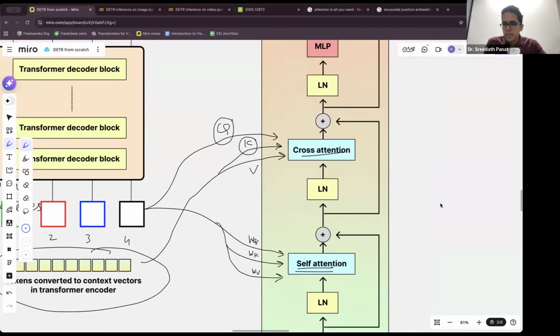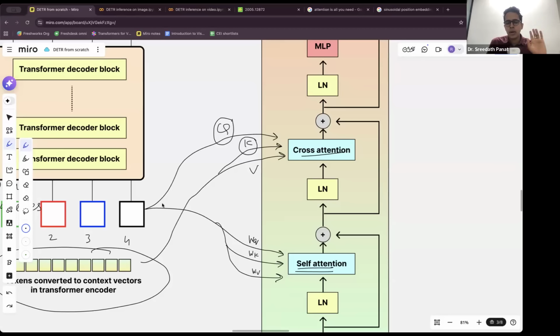There are some questions. Okay, let me see. Wouldn't it make sense to take the object query which passes through the first transformer decoder block for doing the cross attention? Yes, that is correct. So you mean to ask, Shubhankar, shouldn't I draw it somewhat like this? Or rather something that passes through layer normalization? Shouldn't we take object queries